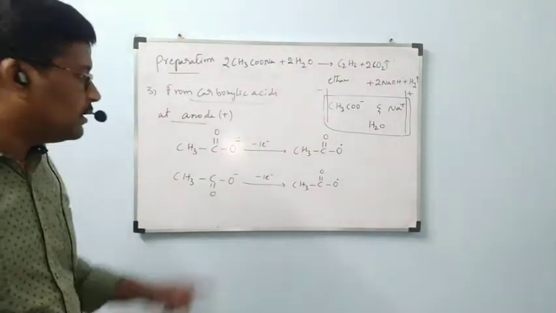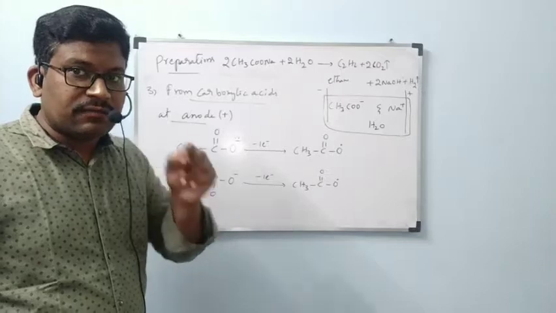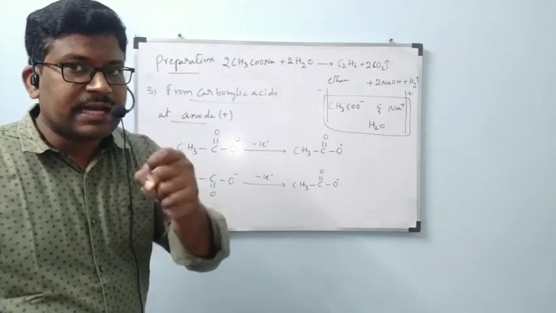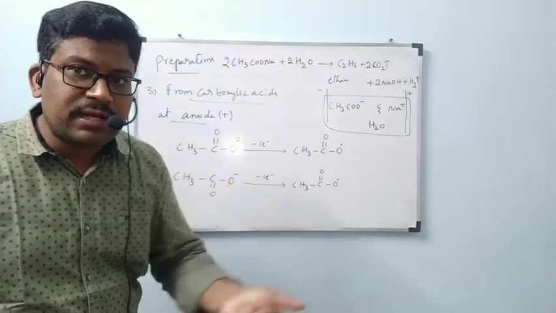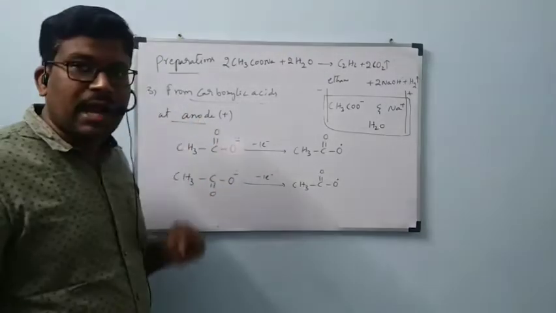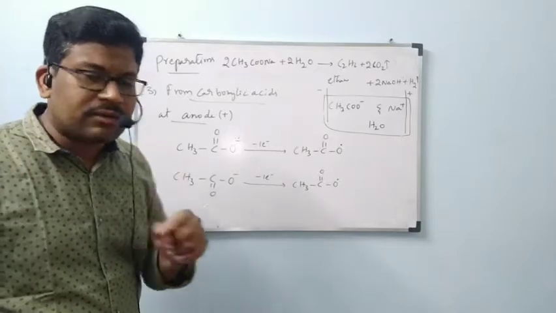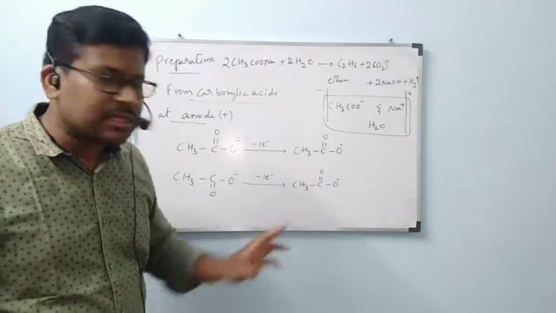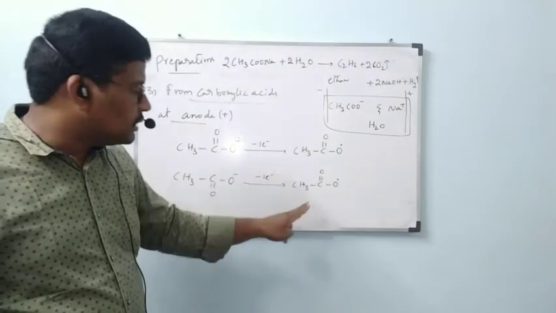One more time. Why is this oxygen getting negative charge? Normally it has one unpaired electron. Excess than that, one more electron is present, that's why it has negative charge. Correct? That excess electron is given to the anode. When it gives that electron to the anode, it has only 1 electron. Then the negative charge is lost and it has no charge. That is called a free radical. This is also a free radical.